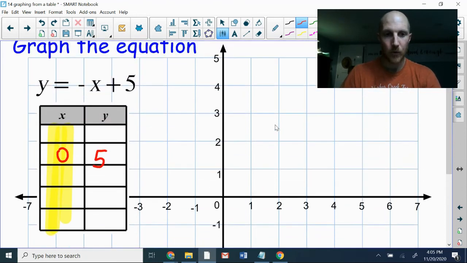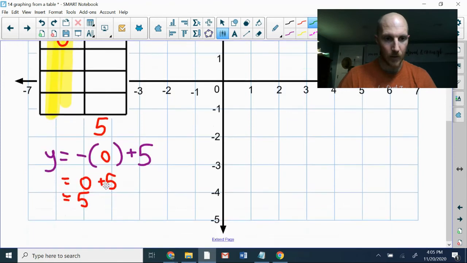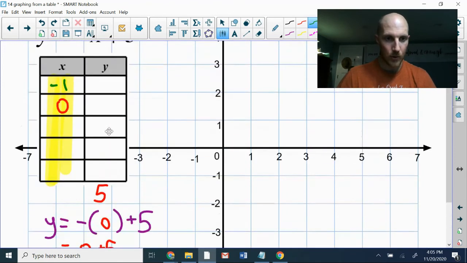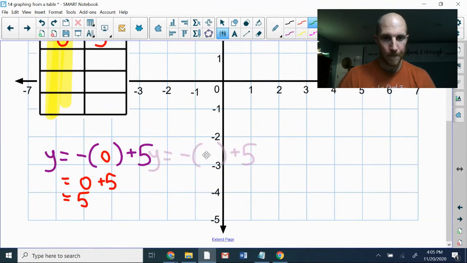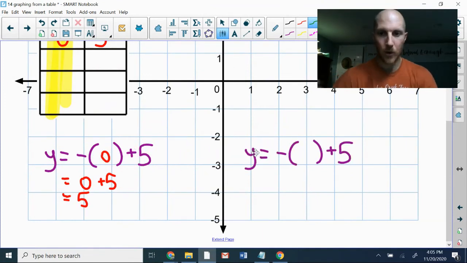Okay, so 0 and 5, I can find that on the graph, but that is right at the top of this graph. So if I get a y coordinate that's any higher than that, it will not fit on my graph. So let's see what happens if I do -1. Let me get that 5 back. Okay, what happened to my 5? Stay put, 5. Okay, let's try